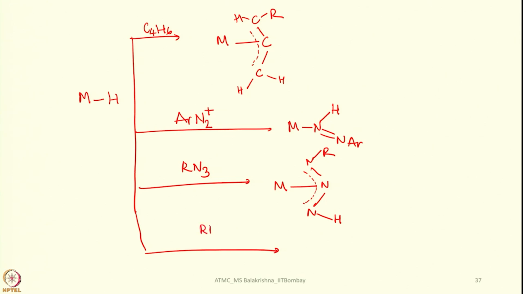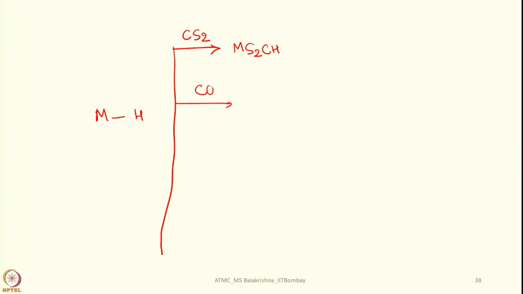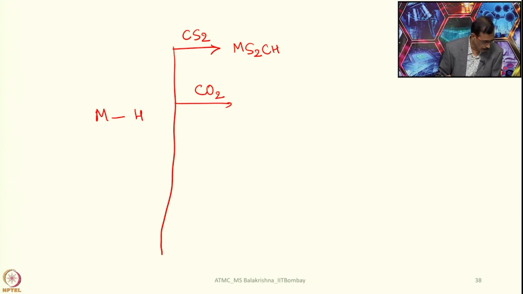If you take isocyanide, some more examples I am going to show you. Let us take carbon disulfide. Okay, this is very important. It can form... If we take CO2, a lot of groups are working on reduction of carbon dioxide. If you take this one, it forms